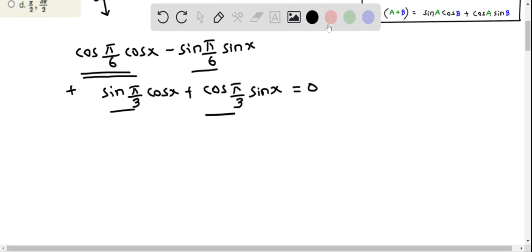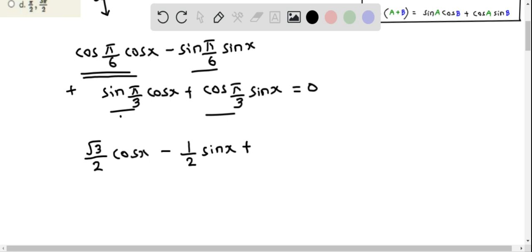So we have cosine of pi by 6, and so this equals cosine of pi by 6 is root 3 by 2. We then put cosine x times cosine x minus sine of pi by 6, which is 1 by 2 sine x,